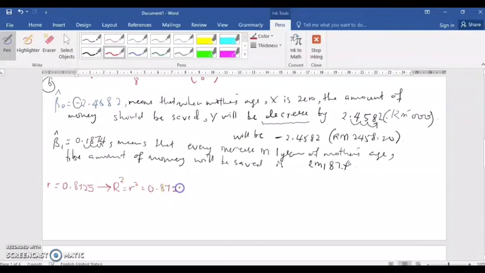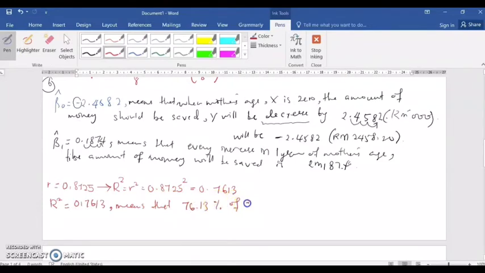So 0.8725 squared, you will get 0.7613. Okay, so since R square is equal to 0.7613, you can write it like this: